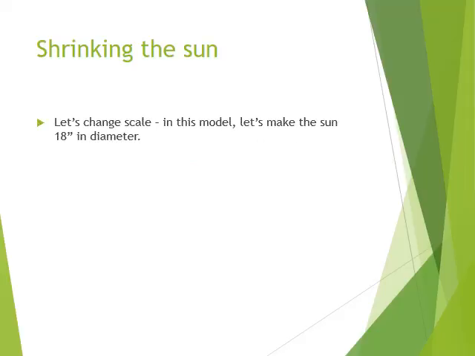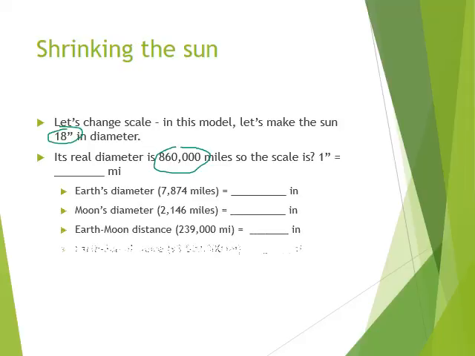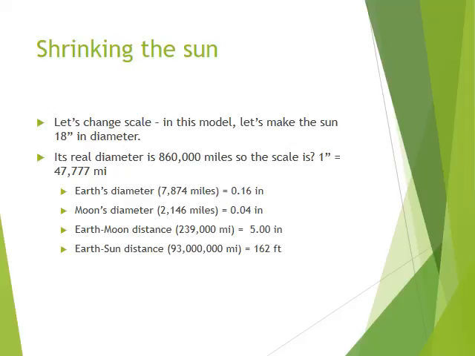So what I do is when I do this in my traditional class, I shrink this. I make the sun an 18-inch exercise ball. Let's pretend that's our sun. And then we do the same thing. We scale it. So if I divide the actual diameter of the sun by the diameter of my exercise ball, that allows me to set up a little scale system. And it turns out that 1 inch of my exercise ball is about 50,000 miles,